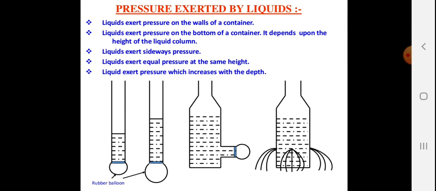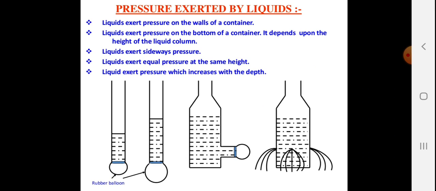You can see in the first figure, where the liquid is not filled much in the pipe, the rubber balloon is not bulged out. But in the second figure, it is bulged out quite a bit more because more water is filled in the pipe. The third figure also exerts more pressure. And in the fourth figure, you can see when you make a hole lower down, at a greater depth, it will apply more pressure. Instead, if you put a hole in the plastic bottle near the top, the pressure is going to be less, and when you go down deeper, the pressure increases.